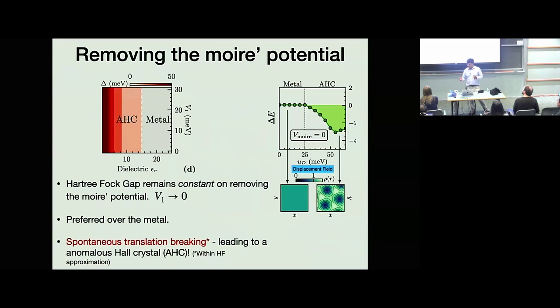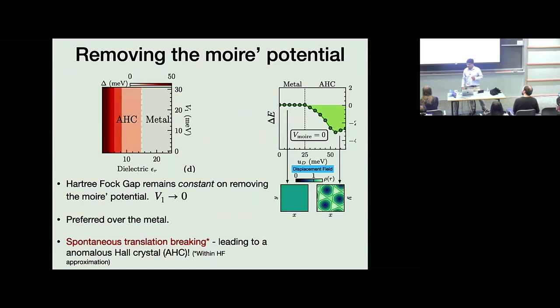Yeah, so it's like a ferromagnet in a magnetic field, right? If you have a very tiny field, you will still polarize the ferromagnet. But if you have a fairly strong field, you're definitely polarized. You're not going to get something in the opposite direction, right? So the experiment is being done with the Moiré potential. We think it's weak, although it's hard to quantify. But do the thought experiment where you make the Moiré potential one half of what it is. The prediction will be that the gap is not changing. The single particle gap is not changing, which is different from the Moiré-dominated regime, where the gap is set by the Moiré potential.